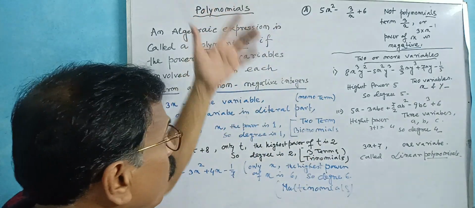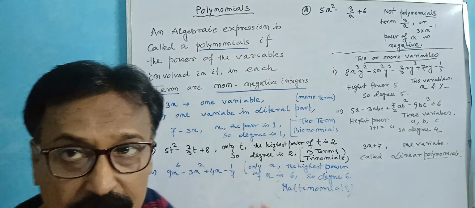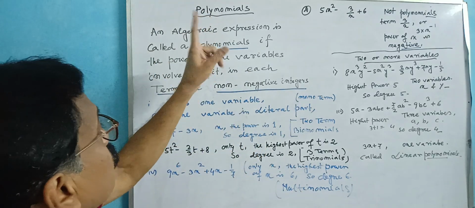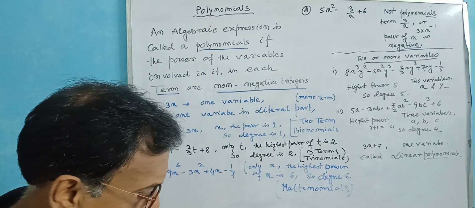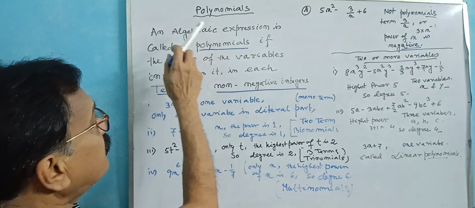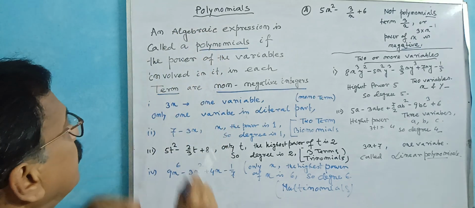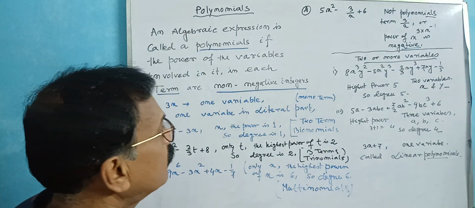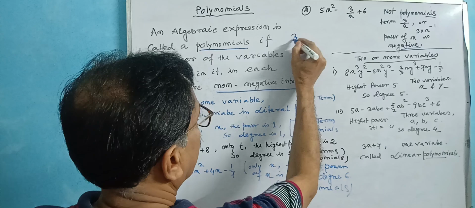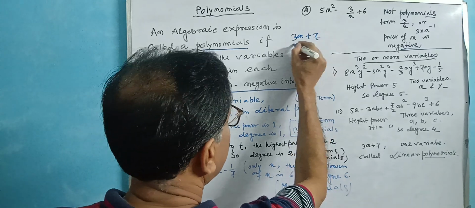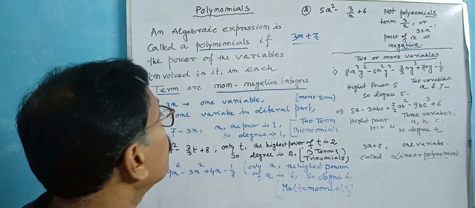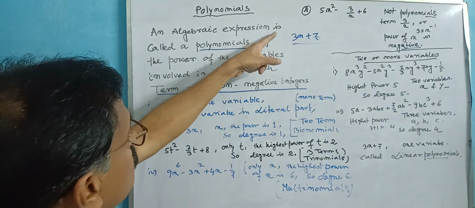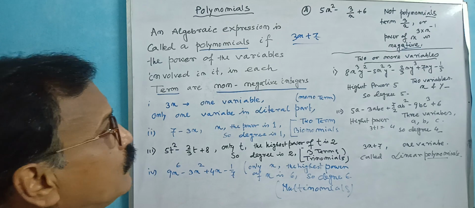So here I write down all these things. Just understand properly in which way I discuss it. What do you mean by the polynomial? Actually, the definition is: polynomials are algebraic expressions. You know this is an algebraic expression. Suppose 3x plus 7 is an algebraic expression. You know already. Now, an algebraic expression is called a polynomial